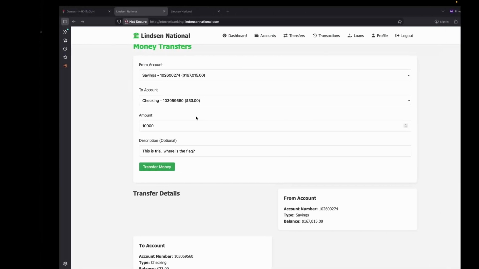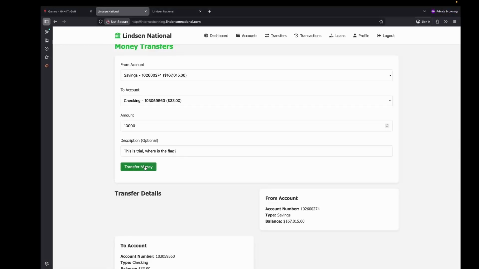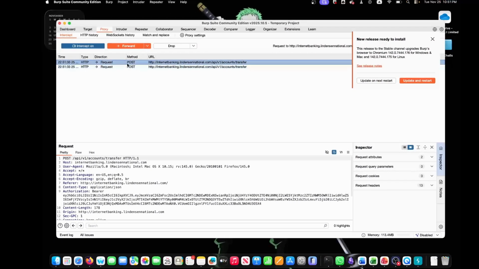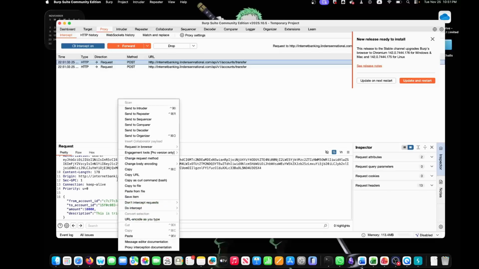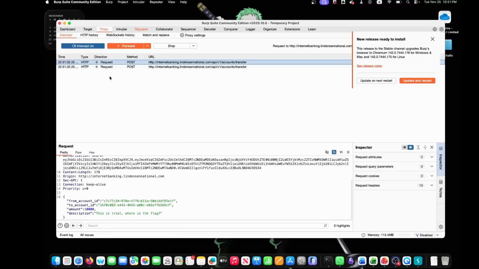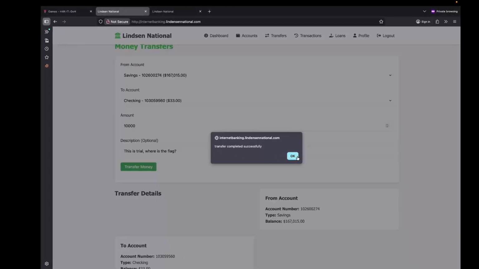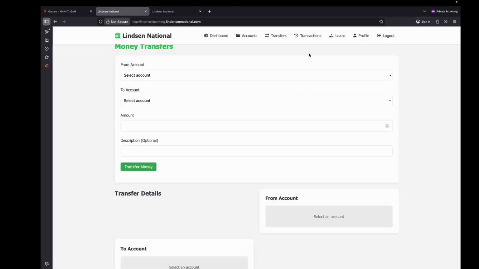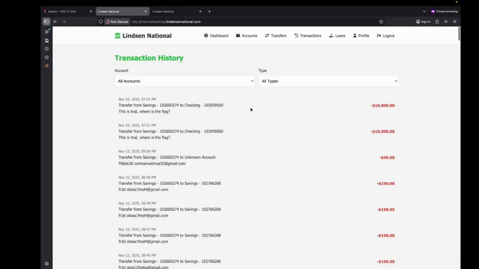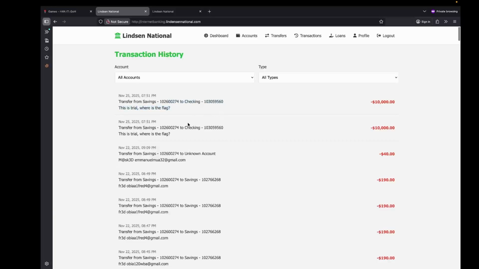So let's have intercept on there. Okay, cool. Send this to repeater, forward, intercept off. So the transfer was successful. Let's check the transactions, and we actually have this here. This is a trial. Where is the flag?